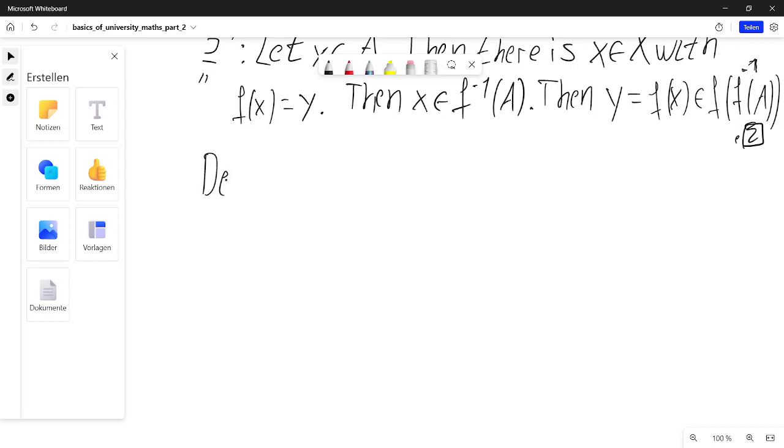Definition: we also have special nice maps, which we are about to define. We are about to define a new kind of maps, not necessarily new, but maps having both properties. A map f from X to Y is called bijective